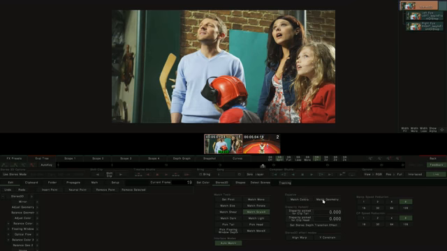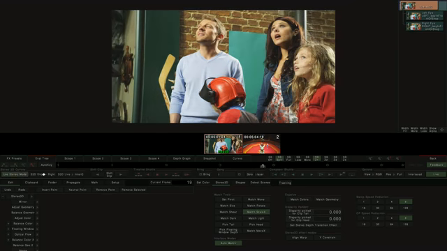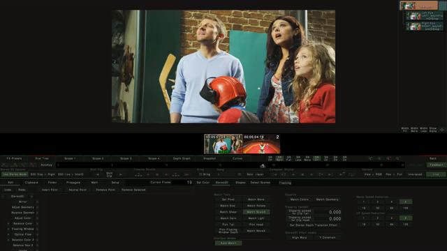So if I just hit match colors and match geometry in stereo mode, just to get a basic fix, we'll get back to where we were. And remember, we were happy with this side of the image, but we had this polarization issue here, where this shiny surface was reflecting slightly differently between the left and right cameras. Now the problem here is that the match colors has given us an overall color grade to match the overall color of the shot,